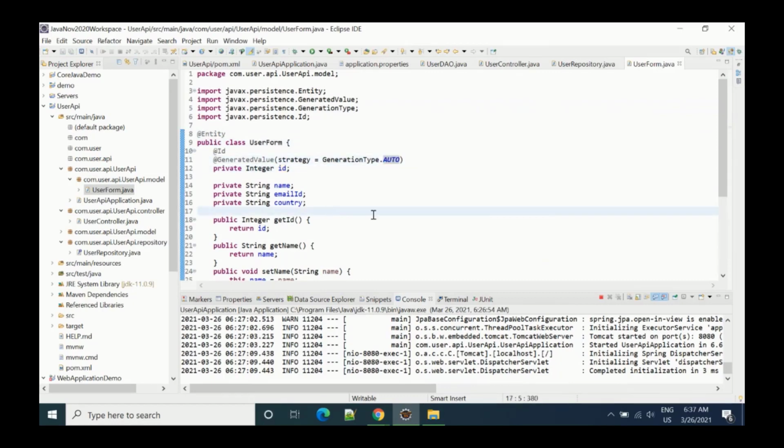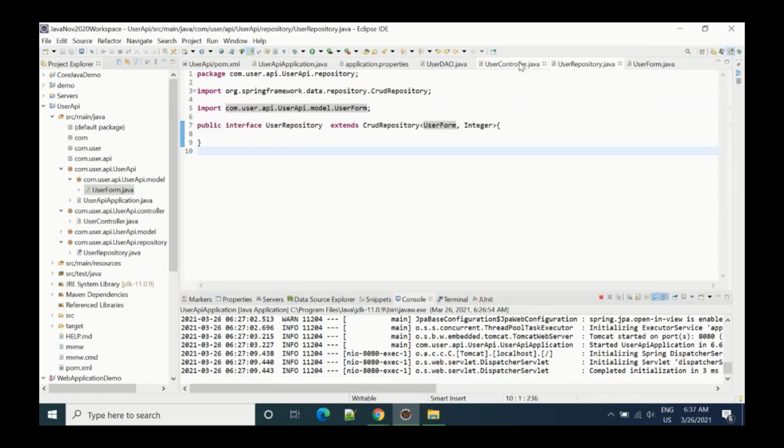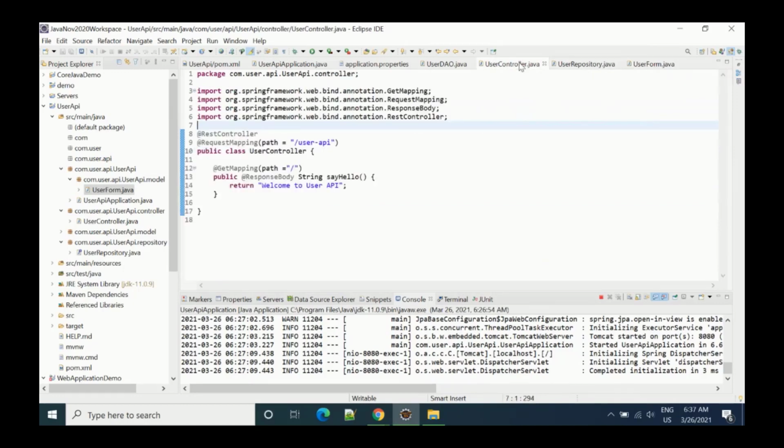Okay. So we have created user form, and we have also created the repository. Now we have here the controller. In this controller we will write code to get all the data, insert data, delete data, and post data, right? So the first thing we can check is add user, right?